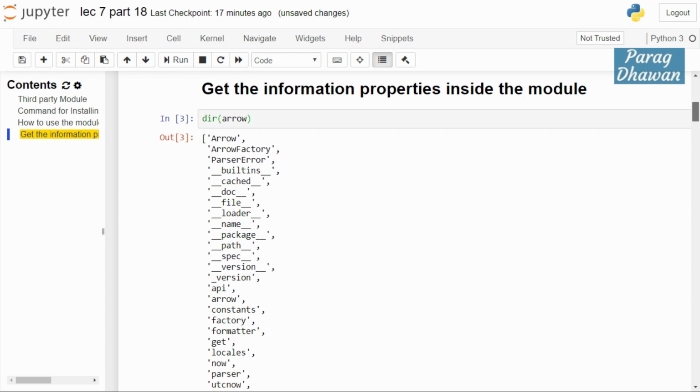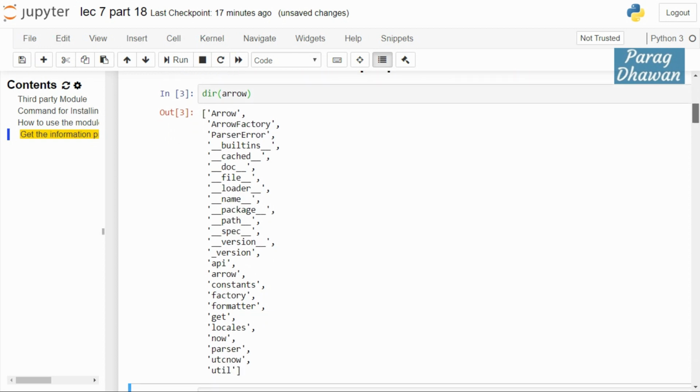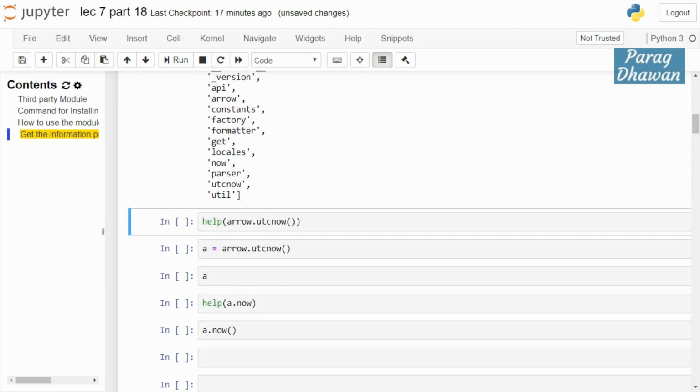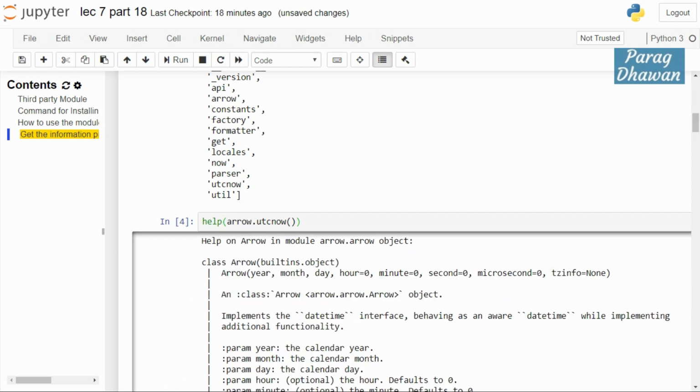If you want to get information regarding any function, how to use it, the trick by which you can analyze any library, use its functions and get the snippet code so that you can manipulate it and use it in your program, is to run help, then the library name or the module name dot function name. If you click on the cell, run the cell, it will give a complete description of the module along with the functions and examples of how to implement them.